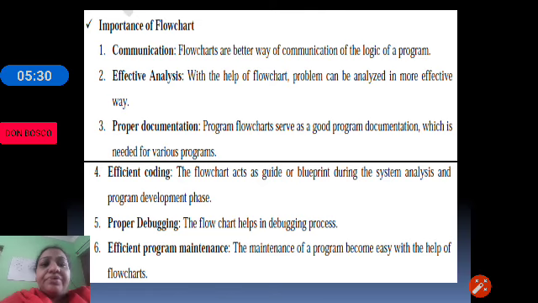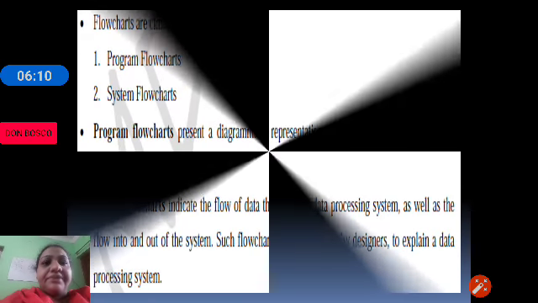As of now, you may not understand a few things here: documentation, program maintenance, debugging. Not to worry, my dear students, we will discuss the same topics in detail. These are the coming up problem solving techniques which I will explain towards the end of this session or the next session. If some of the points are not clear, that's okay. We will have an in-depth discussion on these topics. As of now, it's fine.